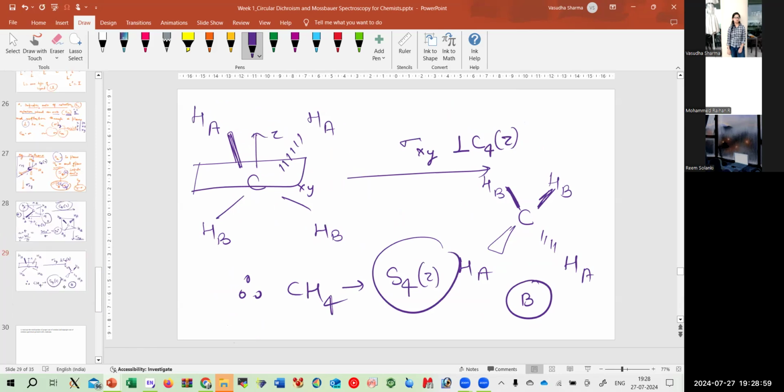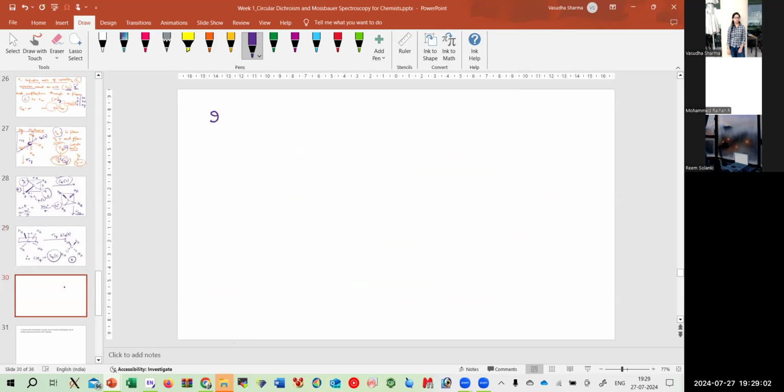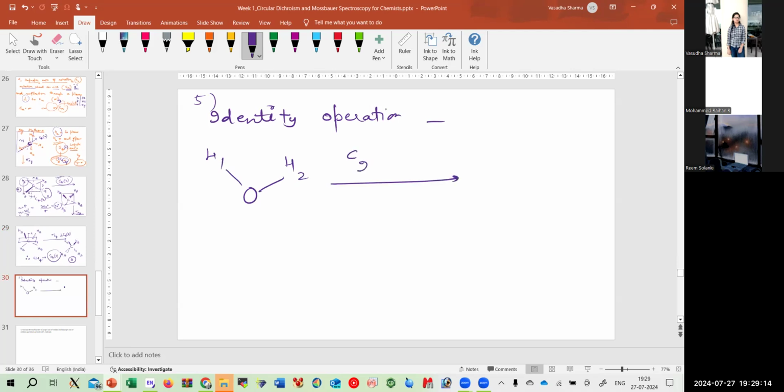And the last operation that we have is our identity operation. So identity, as we said, if we are starting with H1, H2, and I give C2 Z, it would give me H2, oxygen, H1. But if I am giving it